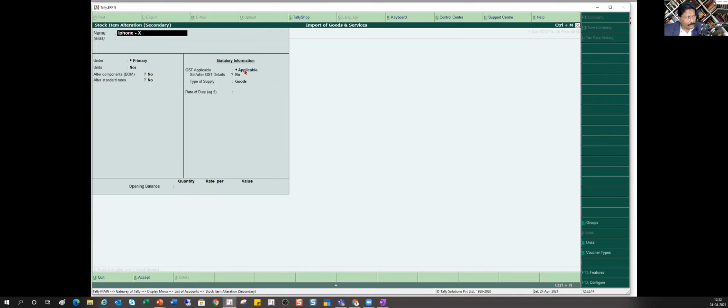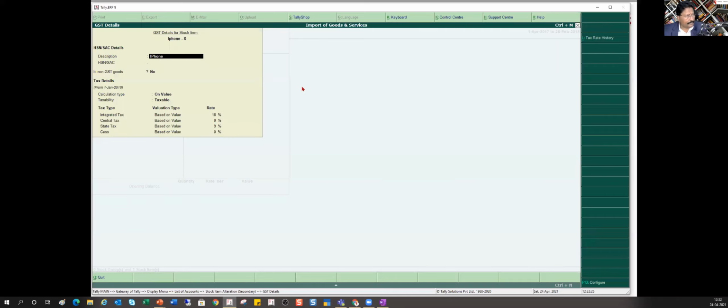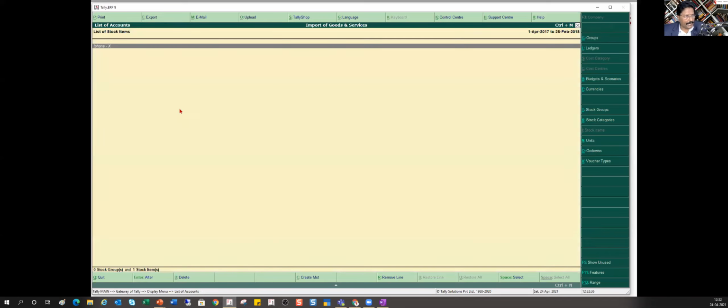Again, you will see Tally automatically makes this applicable for all the items which form part of your GST. Either you specify this at the item level, or if it is 18% at the company level, then you don't have to do this. So this is about your item.